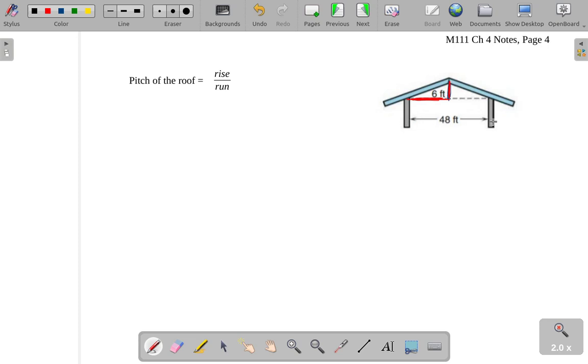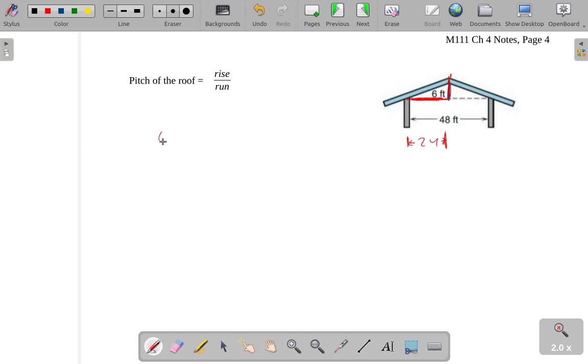feet being the horizontal of the entire building, but it kind of looks to me like this is supposed to be in the middle here, so I'm going to go ahead and call that 24 feet here to go halfway. We don't really have enough information if we don't make the assumption that this is exactly halfway, and it looks halfway, so I'm going to call it that. So in any case, the pitch of the roof here, assuming the peak of the roof is directly over the halfway point, I guess that would be required for the pitch of the roof to be the same on both